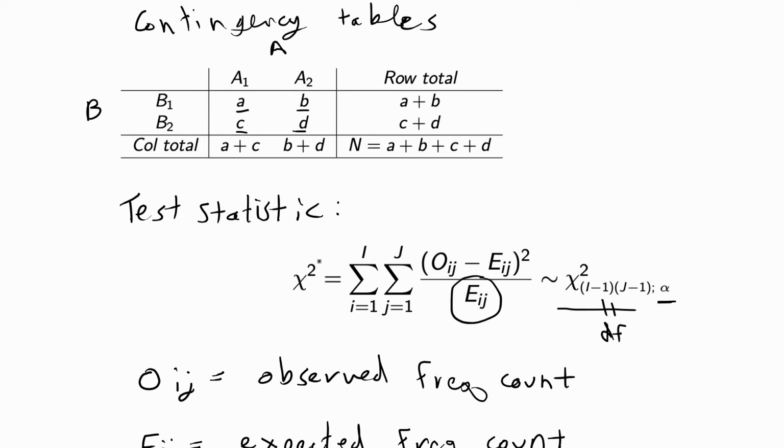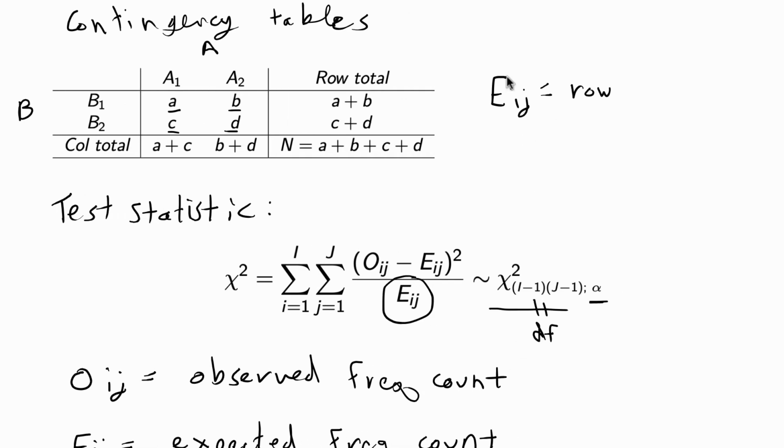Now, to fill in the chi-square test statistic, we need to calculate the expected frequency counts for each combination of all your factor levels. So that's going to be E_ij, your expected frequency counts, and this is going to be equal to the row sum times the column sum divided by the total sum n. So I'm going to write that out as the row sum for every row times the column sum for every column divided by n. For every observed frequency count, you're going to have a corresponding expected frequency count. So for A1, B1, there's an observed count and an expected count that you have to calculate. The same thing for A2, B1, and B2, A1, and B2, A2.